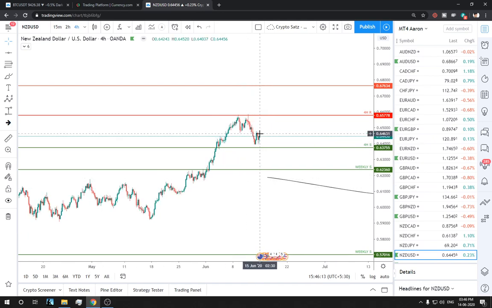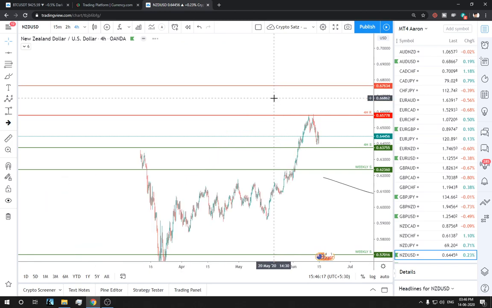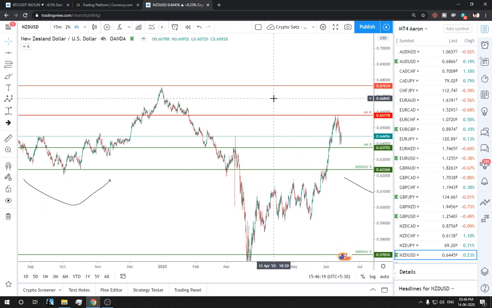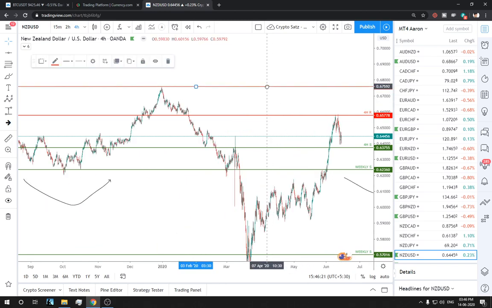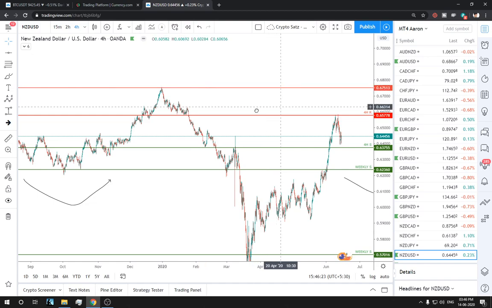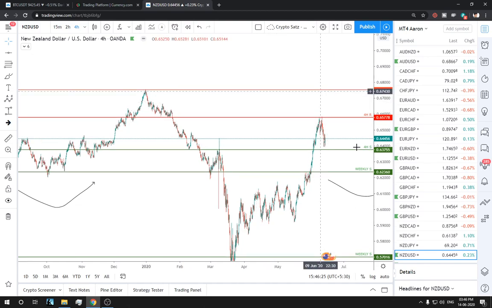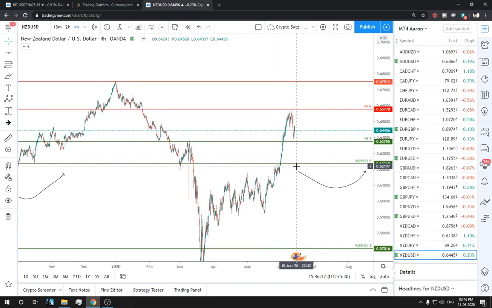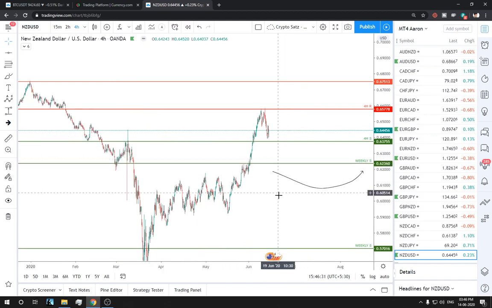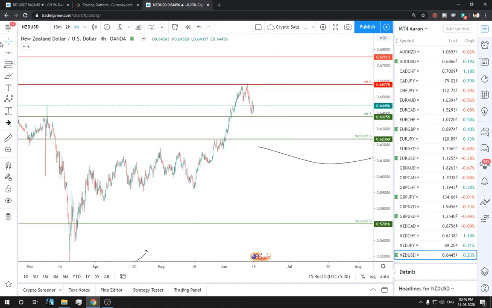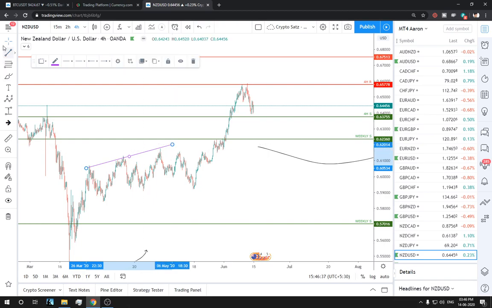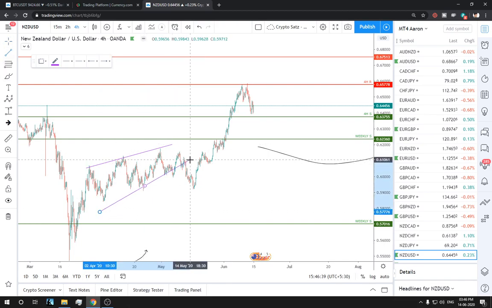So I'm expecting once this breaks, it moves to this, where, as I said, it forms the head slightly below, and then it might move as I spoke on the higher time frames. So we'll see how this reacts. Also, this looks like an impulsive wave. We have a leading diagonal over here, a leading diagonal B, so